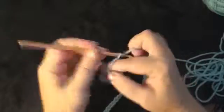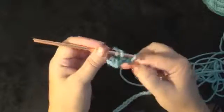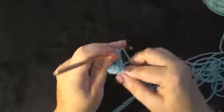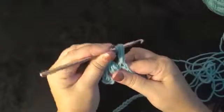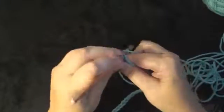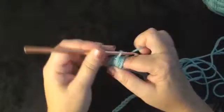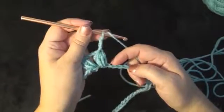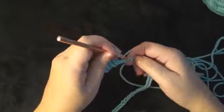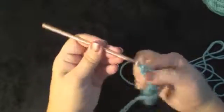Work a chain 3. In the next chain we will work a puff stitch the same way we worked the previous puff stitch. We will be ending with 7 loops on our hook. Wrap the yarn over, pull through, chain to secure, work a chain 2, skip 1, 2 chains in the next chain, work a half double crochet,